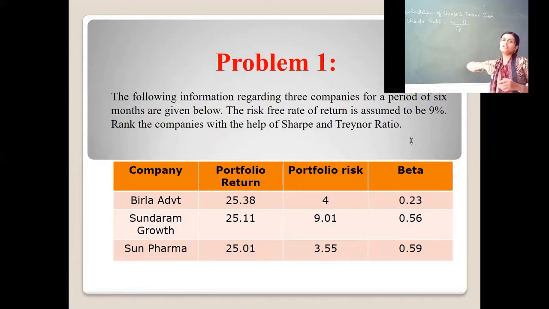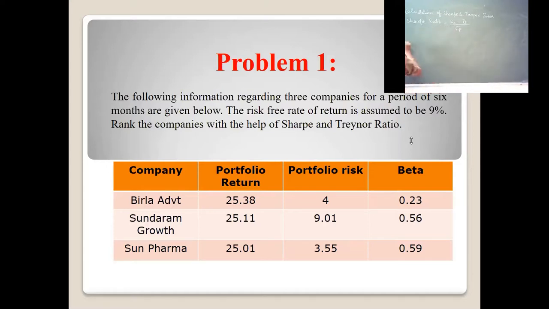Usually when calculating mutual funds performance, the RF rate is taken as the current treasury bill rate available in the market. There are various kinds of treasury bills: 60 days, 90 days, 180 days, 360 days, etc. Depending upon the maturity period and who issues the treasury bill, the percentage of interest paid will differ. So RF is nothing but the treasury bill rate usually taken by a particular investor.